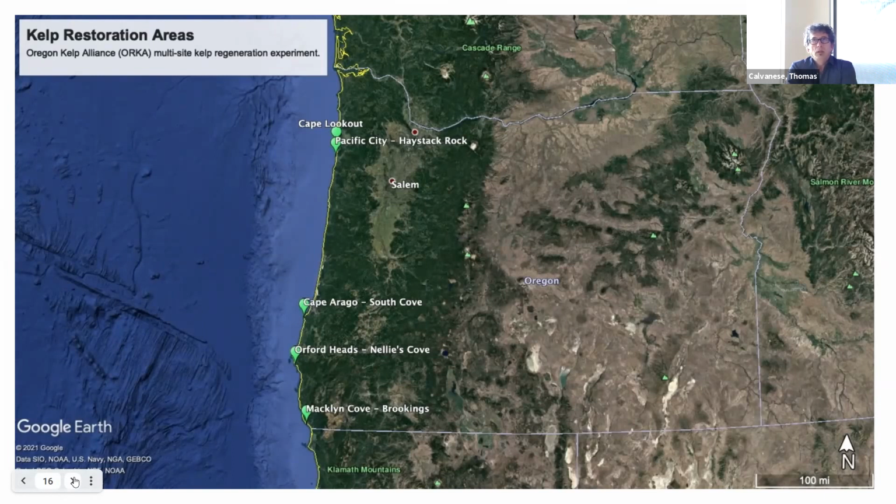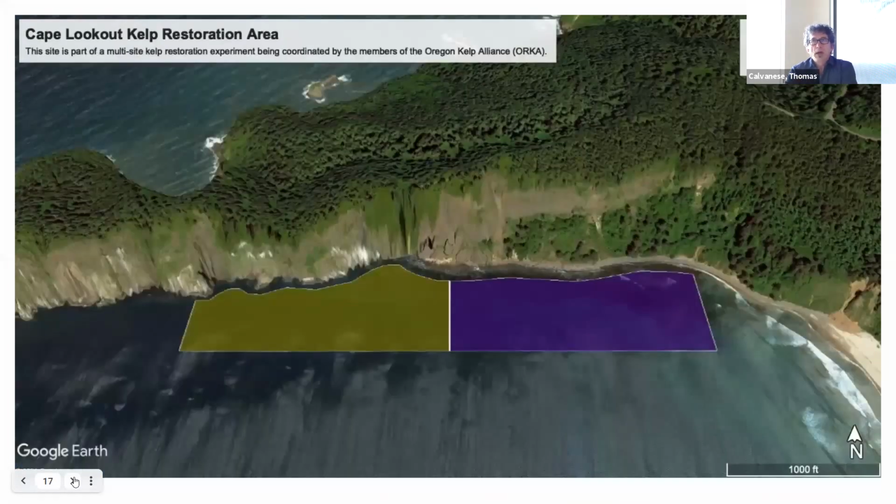And now the project has expanded to these other sites. From the north at Cape Lookout, Haystack Rock in Pacific City, South Cove at Cape Arago, Nellie's Cove that we just talked about here in Port Orford, and Macklin Cove in Brookings. And I'll just show you those area maps for each site. So here's the Cape Lookout site. And each of these maps was developed in partnership with local divers and partners that were interested in participating in the project, and having noticed and identified it as a site that could use this sort of attention. So here's the Cape Lookout site,